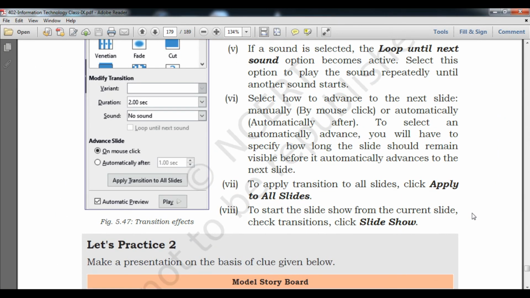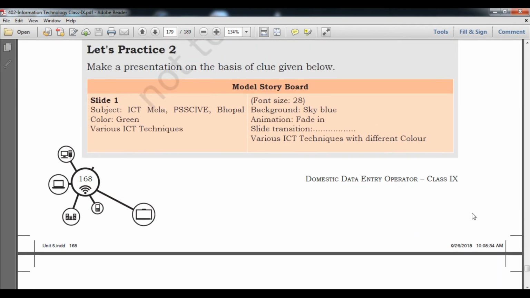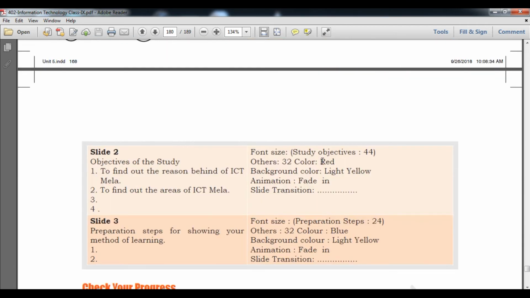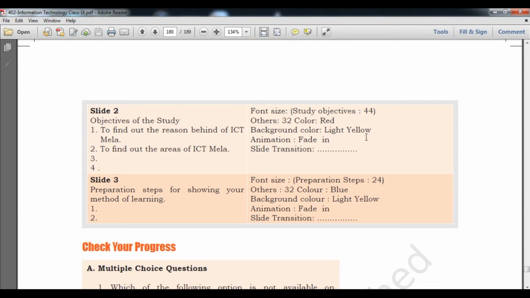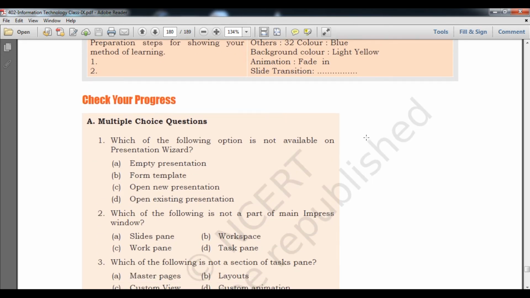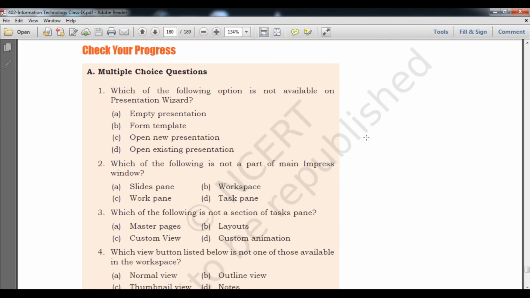Here are some practicals, students, that you will do at home. Create slide 1, slide 2, and slide 3 containing these values, this color, and equation, and send it to my WhatsApp number. You will also do the homework for this topic.